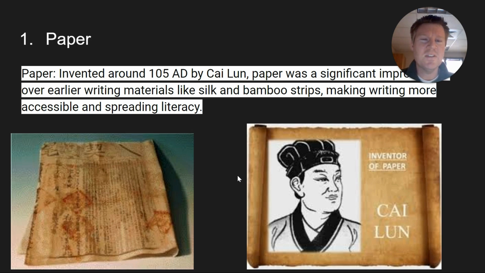If you were a messenger, think of how much pain you would go through carrying stone tablets around versus what Kai Lun invented. It was paper made out of hemp and bark, and it was flexible, so it could be rolled up into scrolls. So paper, very important, spreads information around way more effectively than tablets